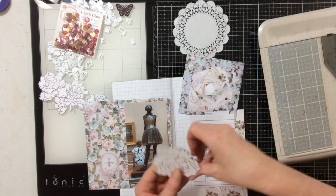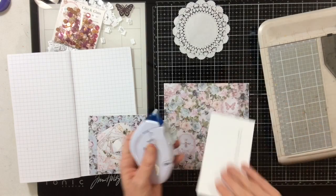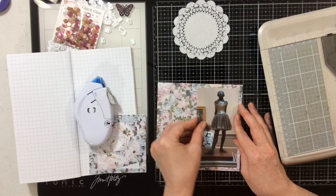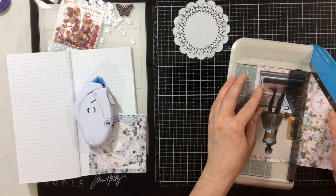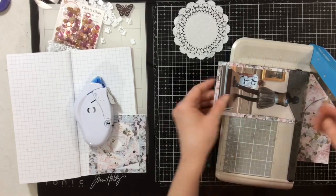I have these stamped flowers that I fussy cut, and now everything's ready and done, and I can just create now. So what I'm going to do is go ahead and map my photo. I cut it down a little bit to make it a little narrower, so what you were looking at was the actual important part of the photo, which is one of Degas'